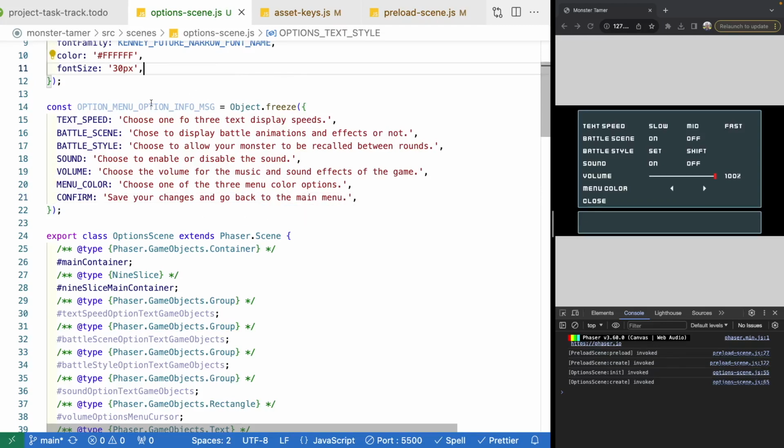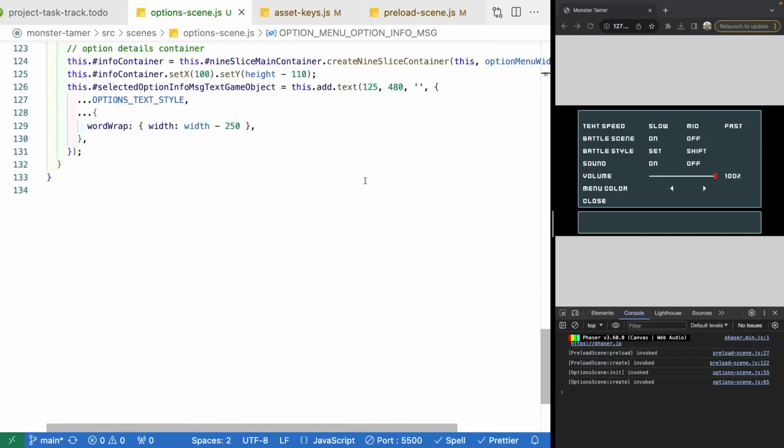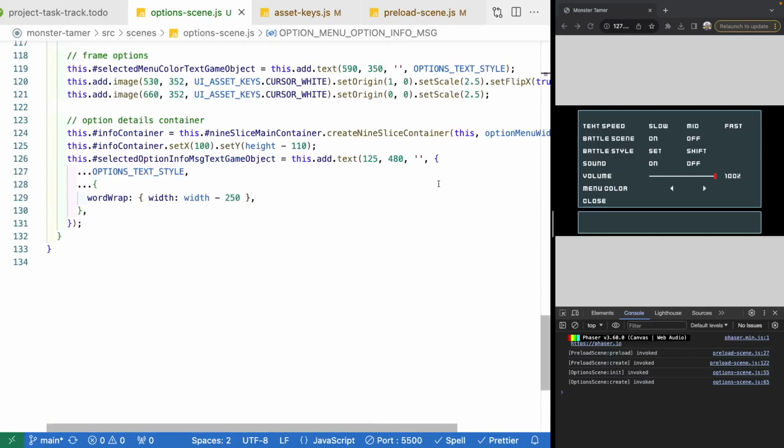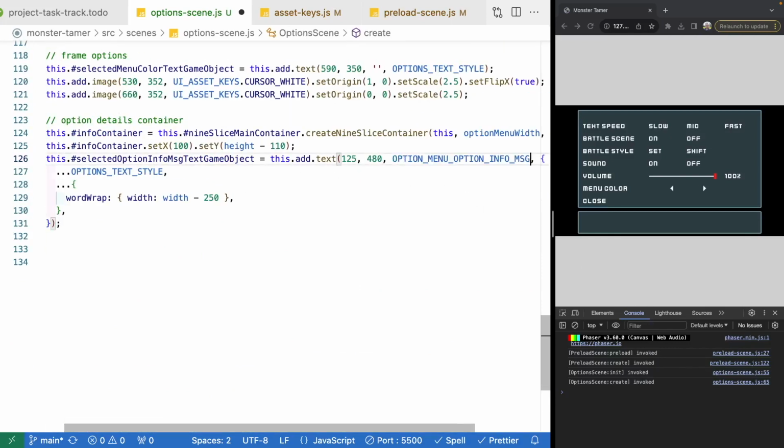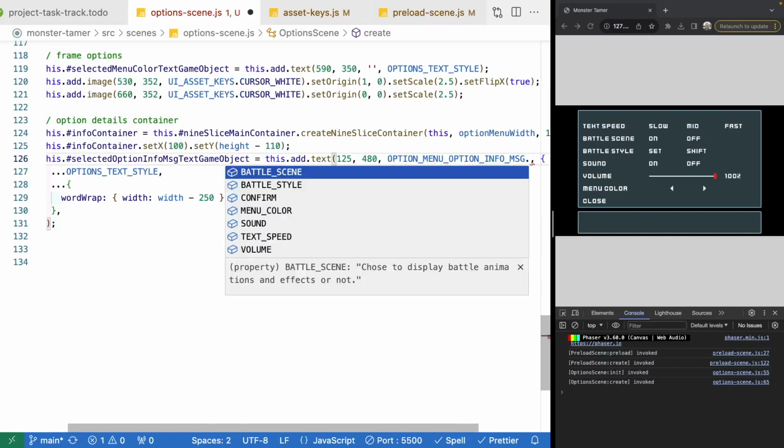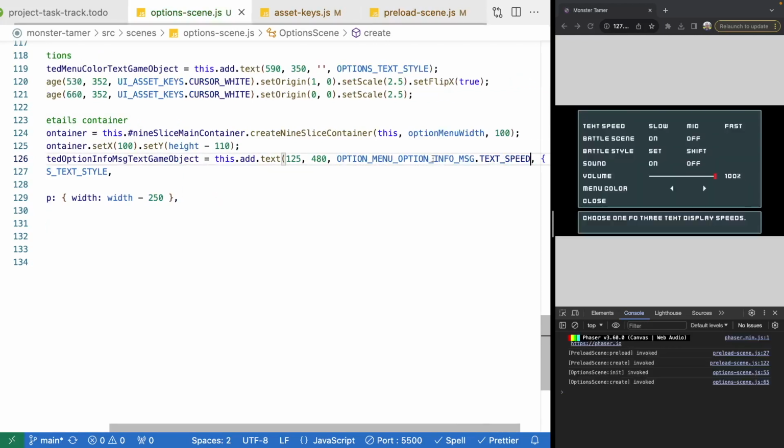All right, so with our new object, we'll jump back down to our text game object for our info container, and let's add in a default value, and we will do text speed as our first option. The last thing we're going to do on our option scene for the time being is add in a cursor, and this cursor is just going to be a rectangle that's going to highlight which option we are currently on,